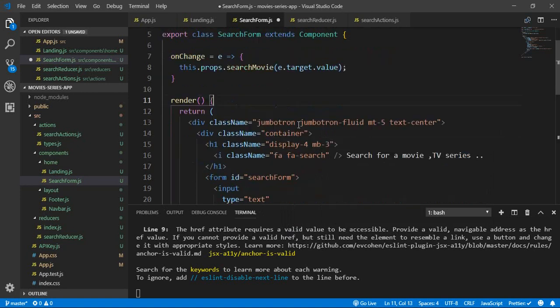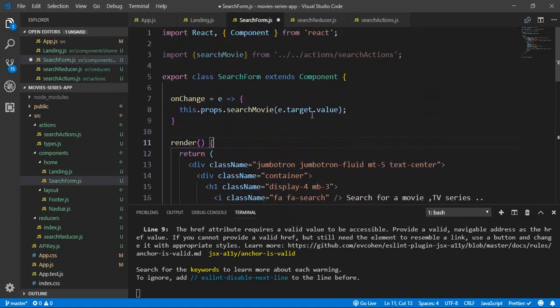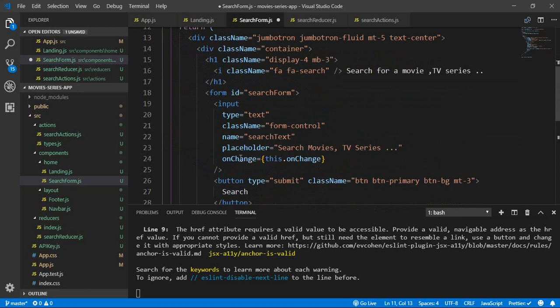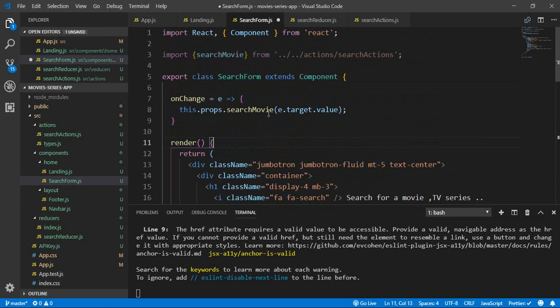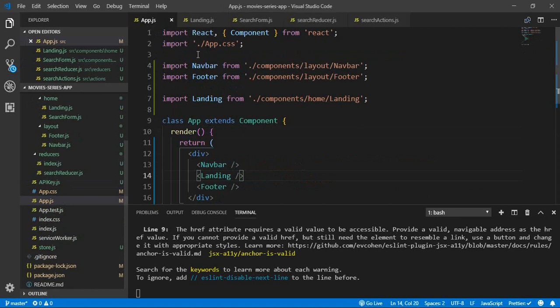So now whenever the value of this input is changed, the state of text, our application state, will take the value of any input value. So to test it, we need to implement Redux. So to implement Redux inside the application, let's save this and go into our app,